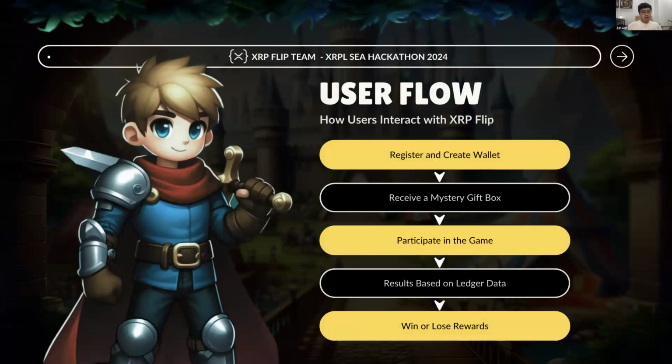With the user flow, first they can register and create a wallet in the game, then they will receive a mystery box which will include one random NFC and